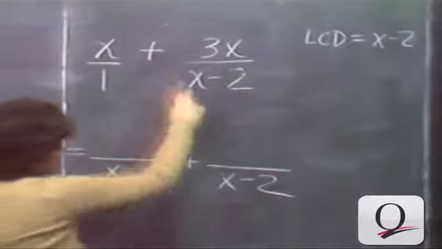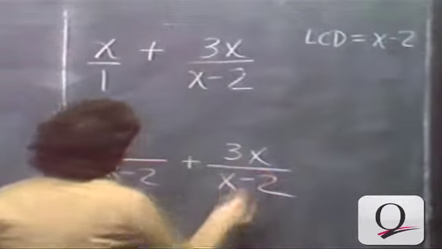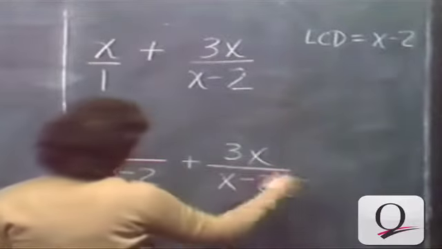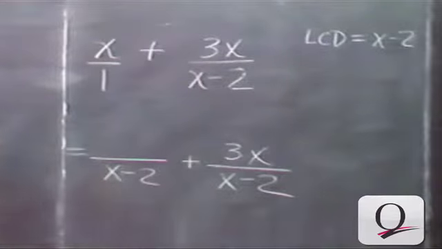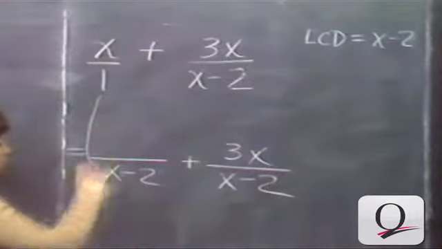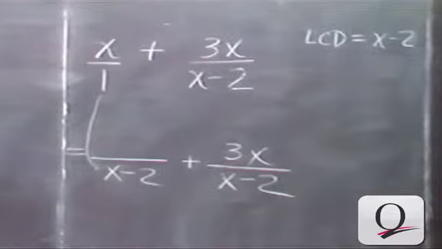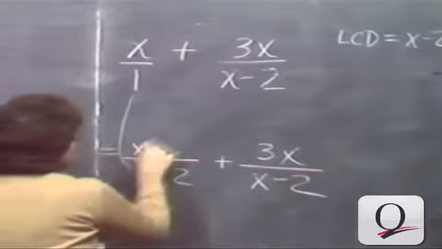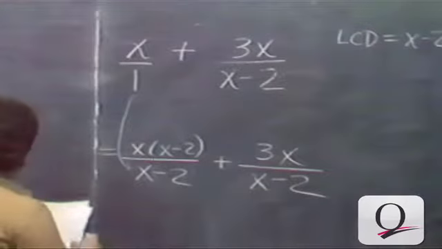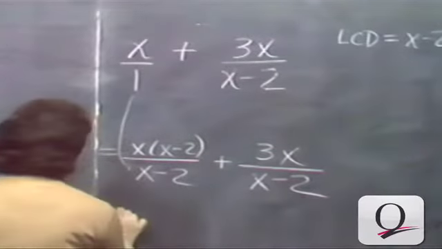Well, clearly the second fraction can be left alone. It already had a denominator x minus 2, so we didn't do anything to the denominator. We don't do anything to the numerator either. To go from this denominator to this one, we had to multiply the denominator by x minus 2. Therefore, we also multiply the numerator by x minus 2. This gives us,